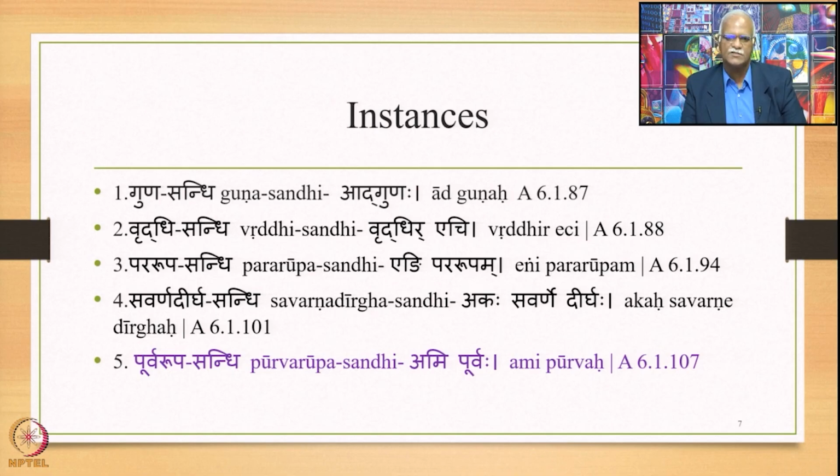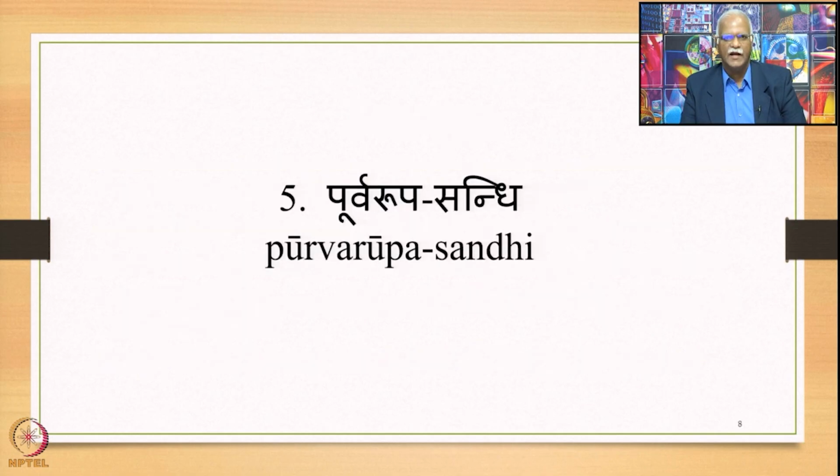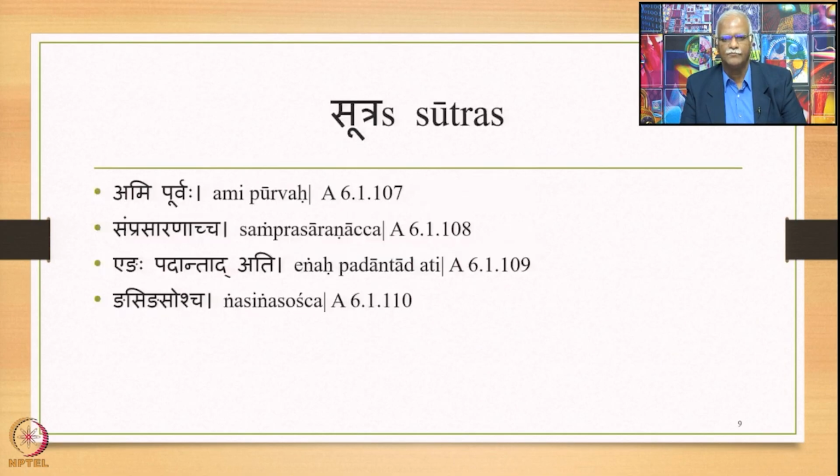It is important for us to remember these fundamentals about Ach Sandhi, the two basic types and the instances of each type. They are repeated only for the sake of convenience and the repetition should bring in more clarity, only that is the purpose. Let us now concentrate on Purvarupa Sandhi, the fifth one of the second type. This Purvarupa Sandhi is stated by the following 4 sutras that we shall be dealing with.